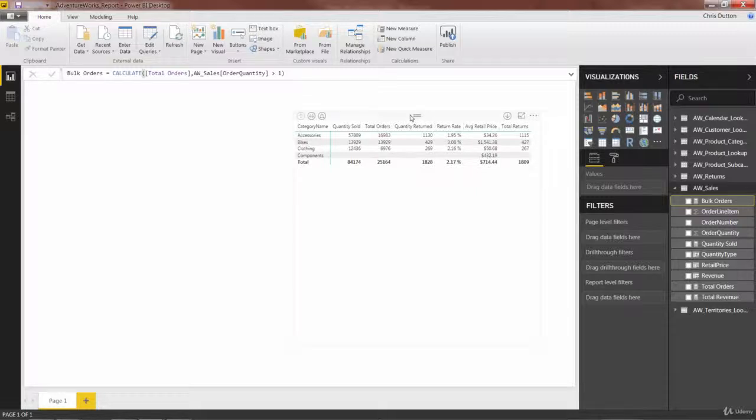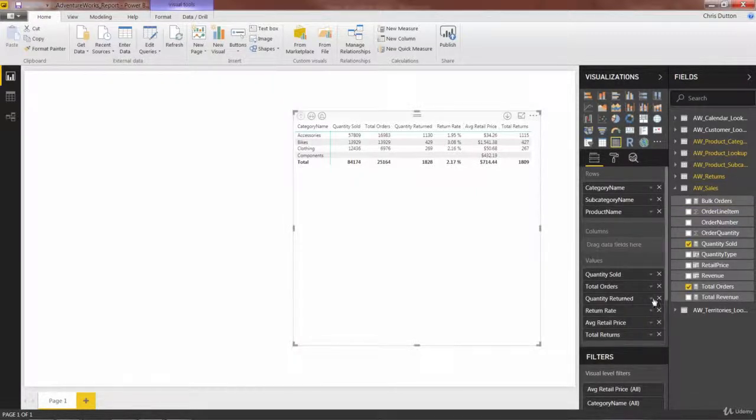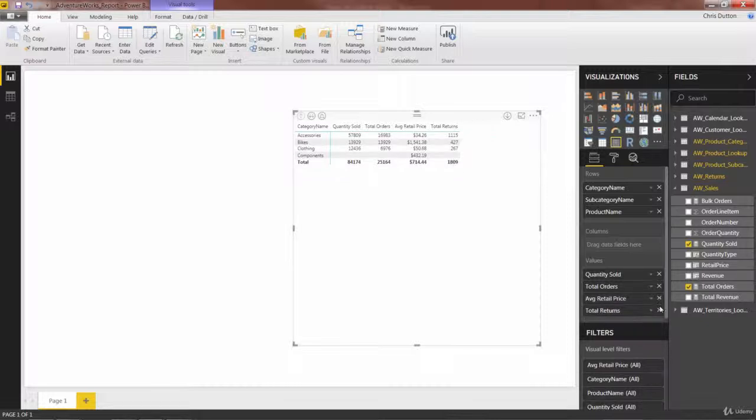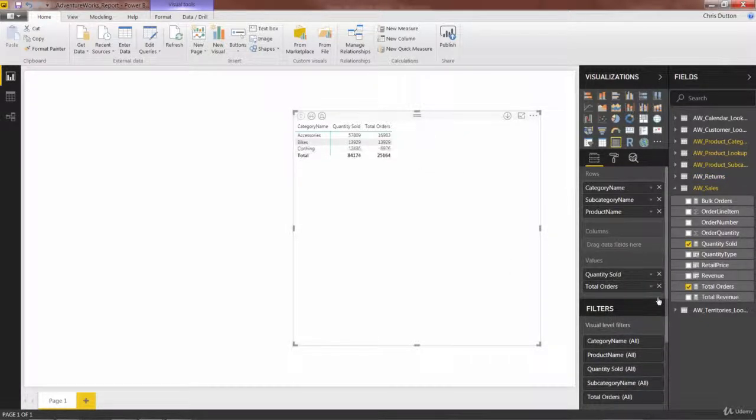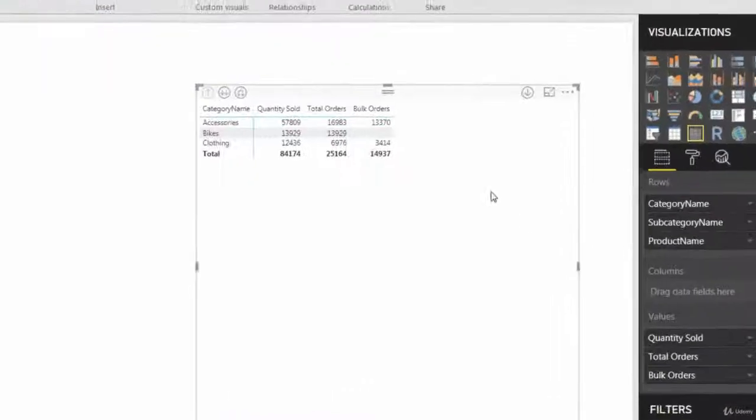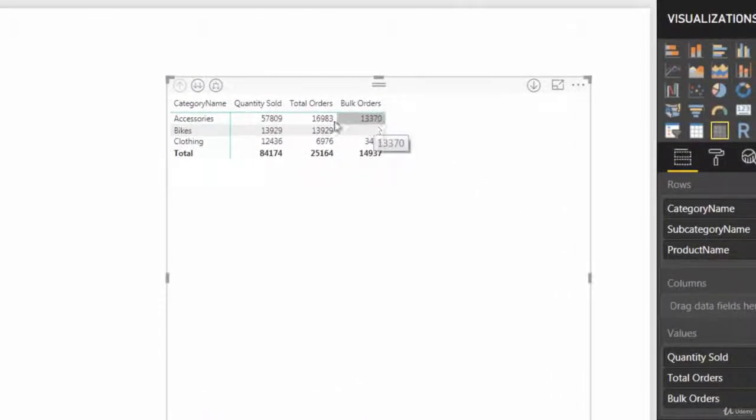And let's go ahead and select our matrix here. I'm going to pull out our return fields, and I'll pull out average retail price as well, so that I've just got quantity sold, total orders, and now bulk orders as well. It's interesting because you see a lot of bulk orders as a percentage of total for things like accessories and, to a lesser extent, clothing, but you see no bulk orders for bikes, which makes sense. If bikes are a much more high ticket item, you generally won't have customers coming in and purchasing multiple. So that looks good. That's our bulk orders